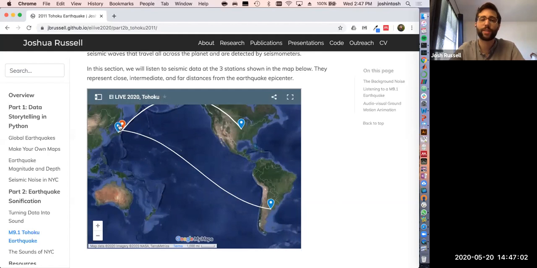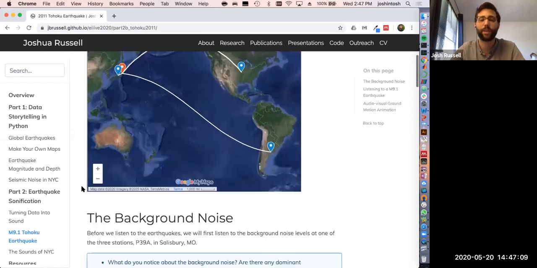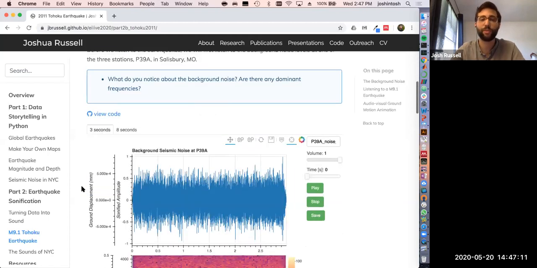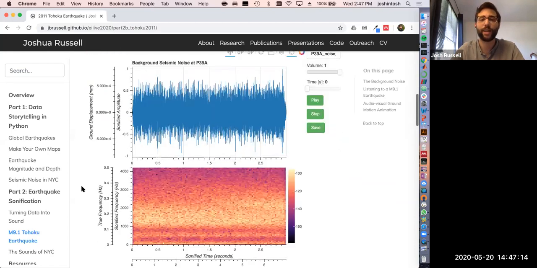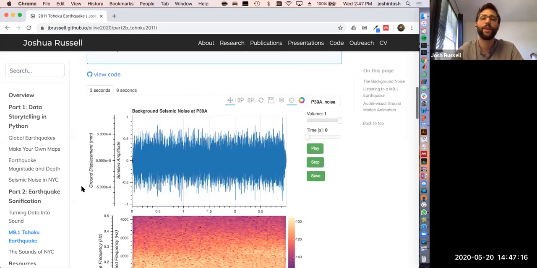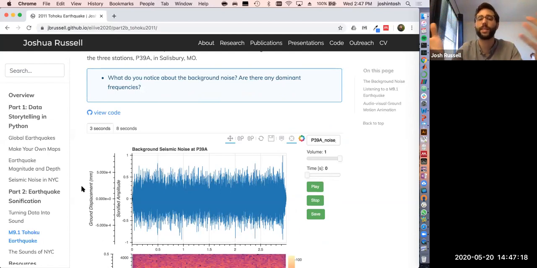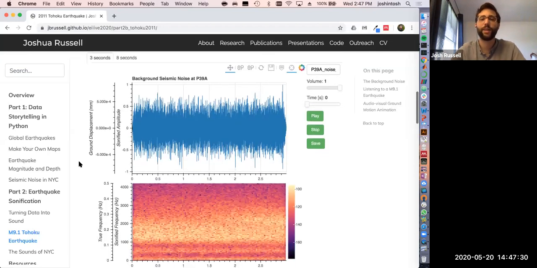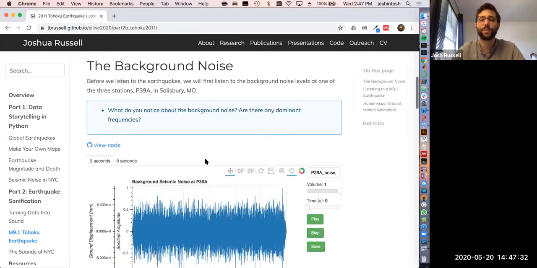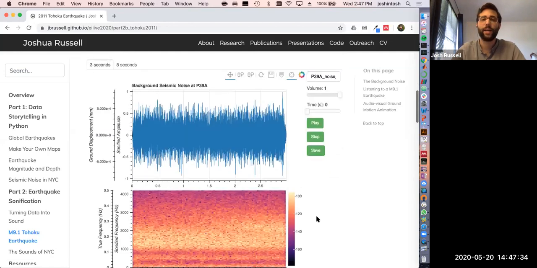So yeah, we're going to explore how the sounds are different from these 3 locations. Before we do that, we're going to look at some of the background noise. It's important to know what you're listening to when there's not an earthquake, to really understand the novelty of an earthquake happening. So here I've just sonified some data from that station in Missouri, P39, and I've done it at two